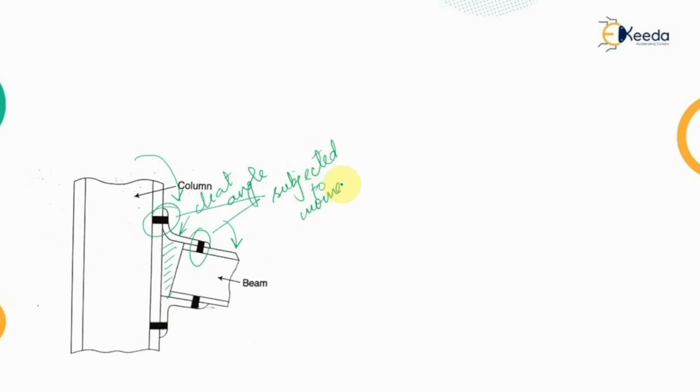Now to avoid that, what we do, we provide this outstanding leg for a sufficient length, and this cleat angle that we are providing should be thin. The thinner the member, the easier it will be to buckle along the movement. That means the thinner the member, the easier it is to stretch this cleat angle, and this cleat angle should be relatively flexible.